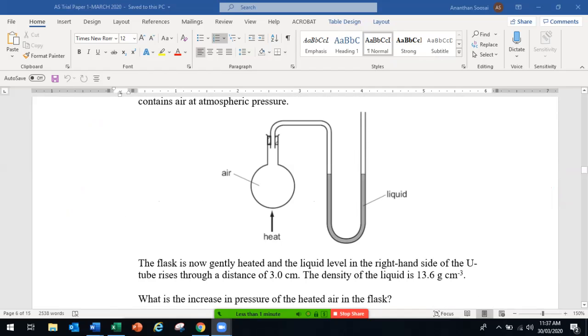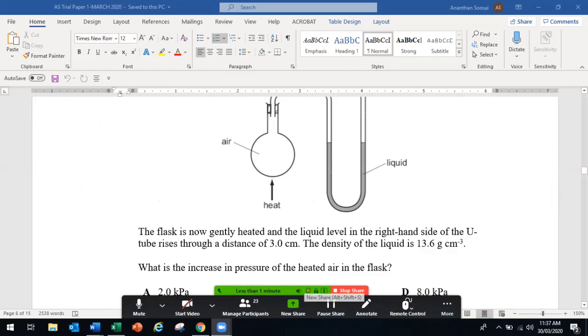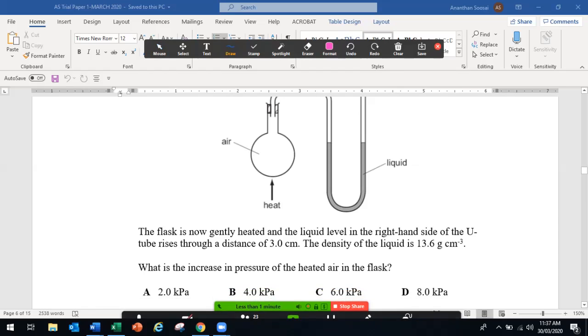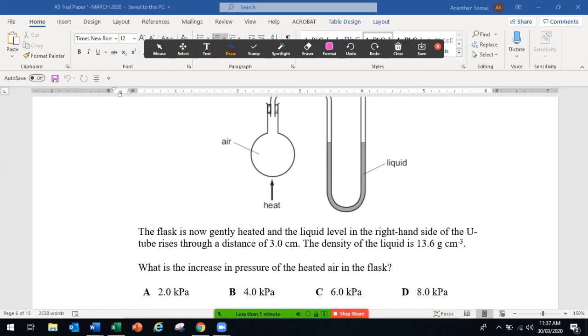The flask is now gently heated, and the liquid level in the right-hand side of the U-tube rises through a distance of 3 centimeter. What is the increase in pressure? If the right-hand side rises by 3 centimeter, it means the left side falls by